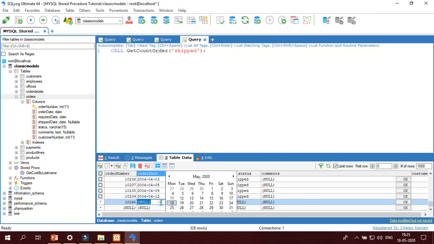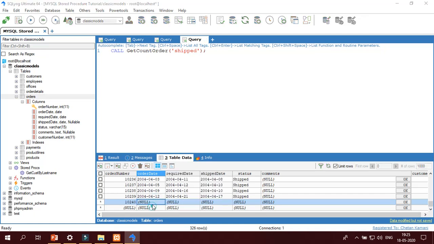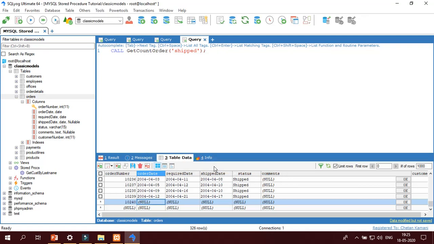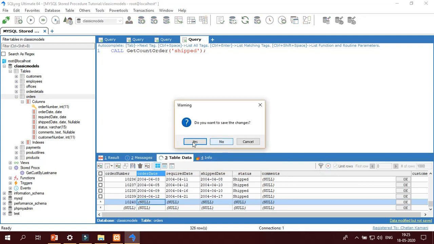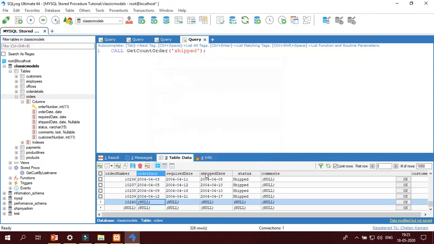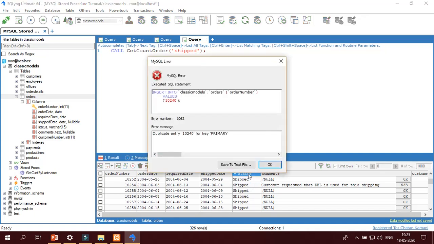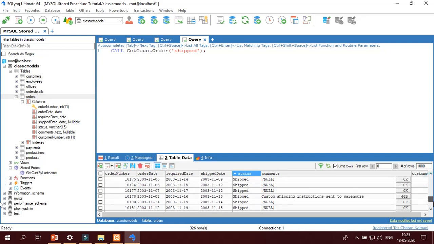Okay, sorry. Wait, open table. I'm going to change the duplicate entry, I'm getting an error over here.